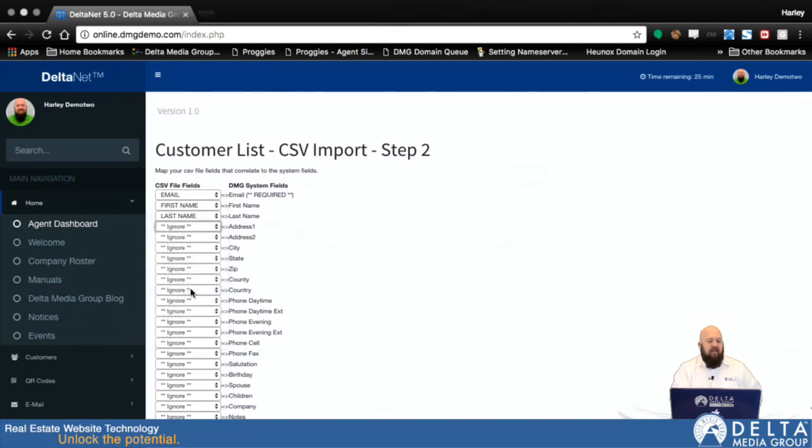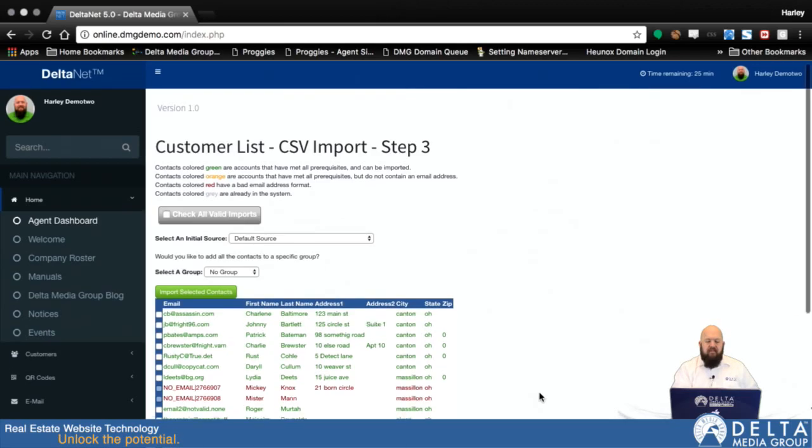Now keep in mind, in this case, these are matching up exactly, but if you're importing a CSV from a third-party system, these probably aren't going to be exact matches like this. But you just have to know which field pertains to what you want to map it to in the DeltaNet. Forgot which one I was on. City, state, zip, and you get the idea here. So anything you don't have a field for in your CSV, you leave on ignore, but anything you do, you'll want to match up. So once you have these all mapped out, you click Map CSV Fields,